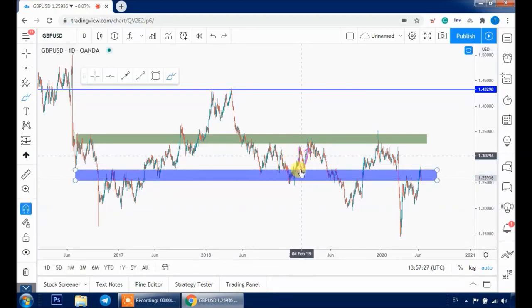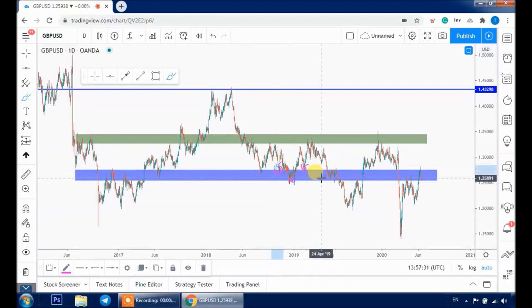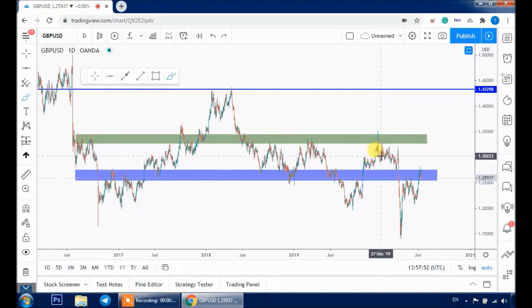So here, here, and here we could look for buy opportunities, then price made a build up around it and broke it downward. So now our support is acting as resistance, and around here we could look for potential sell opportunities. Then again our resistance was broken upward, and we could look for buy opportunities on its retest,